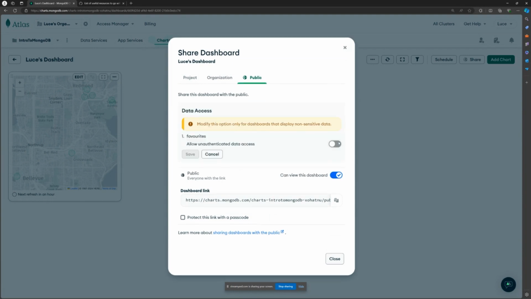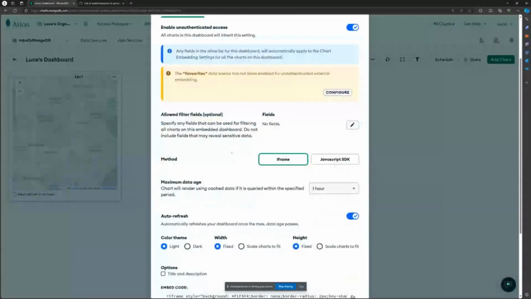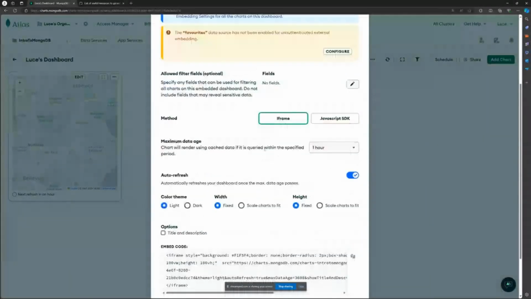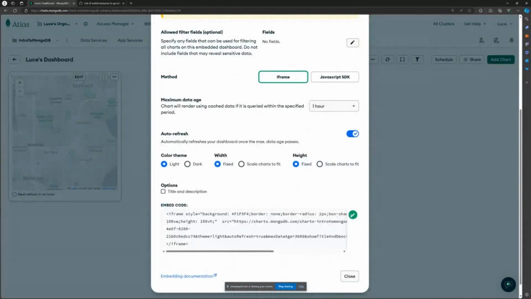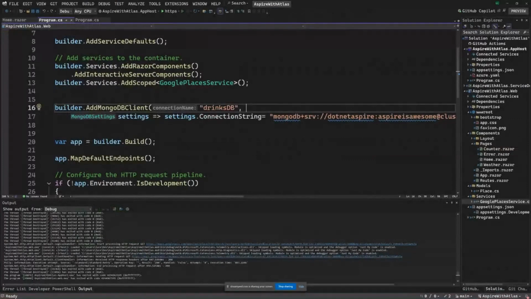It's just there, we go. So now if we click these three dots here, there's actually an embed button. So we can go through and say, okay, well, I want an iframe. You can go through this in your own time, but for the sake of saving time, we're just going to quickly grab these, go back into our code